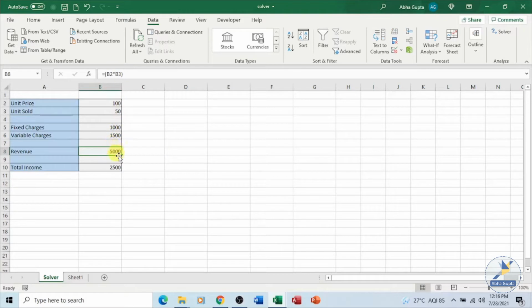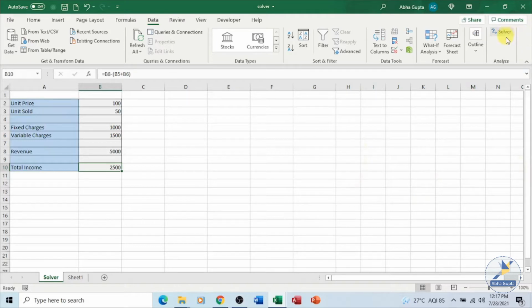You can see the result over here. Then we have calculated the total income. Now we have one more formula for calculating the total income, that is the revenue minus the fixed and the variable charges.